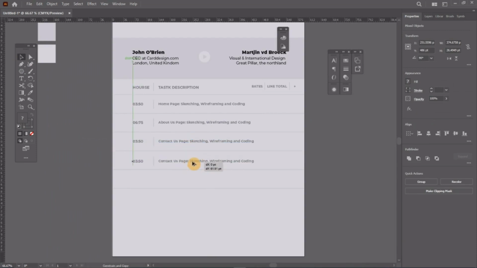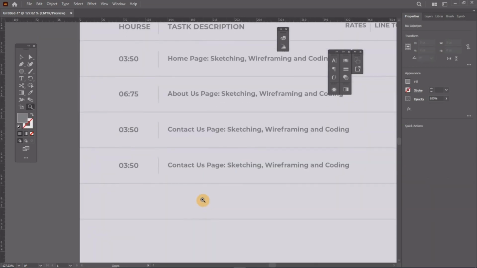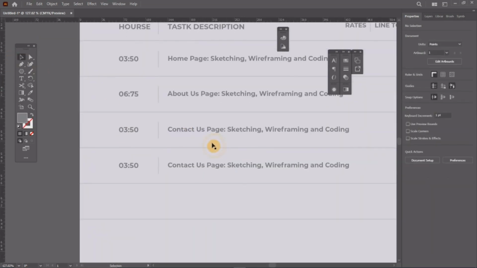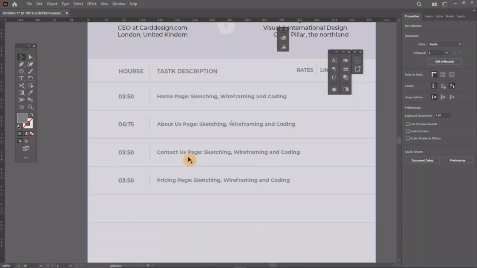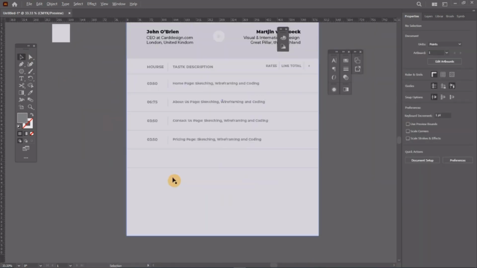Then also duplicate again, and this time around let's just leave it. It doesn't matter, let's just leave it. So this time around it was the pricing page. Good. So the next thing we're going to do is to put the time for the total, for the subtotal, and